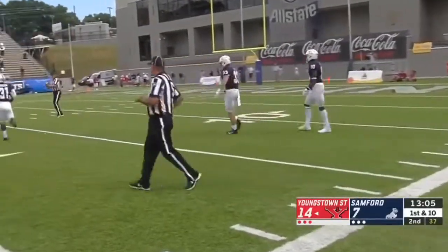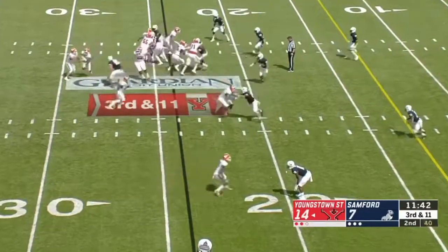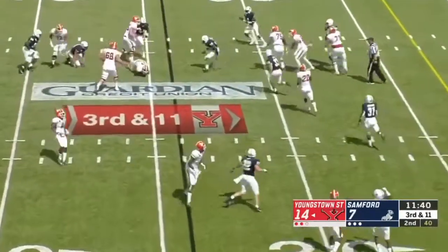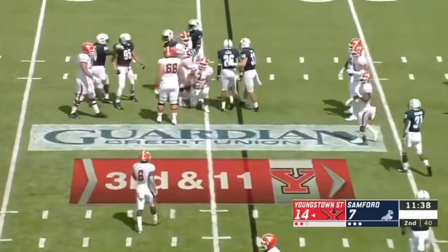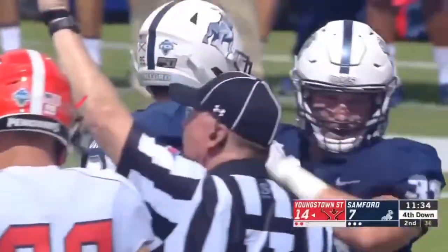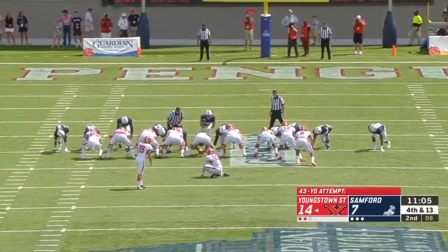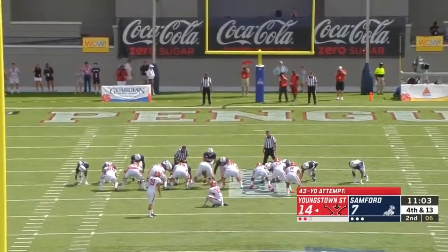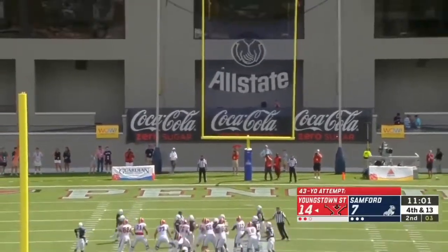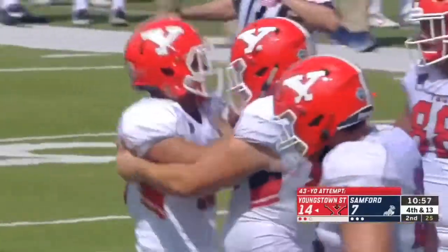The drive continues. Let your veteran quarterback make a good decision. Tackled in the backfield. He'll lose 2. Brett Granger got there. An active first half. For 95 from 43. And his first career attempt on the way. And it is good. Youngstown State